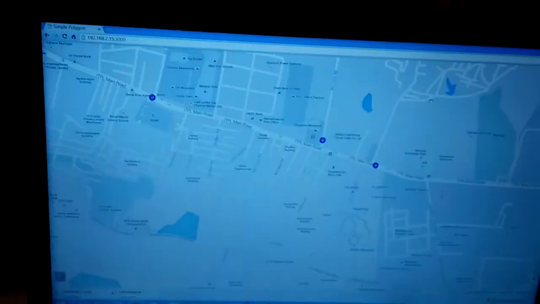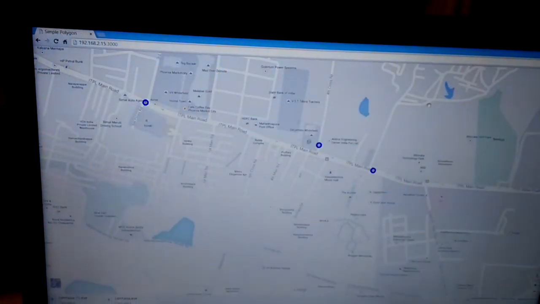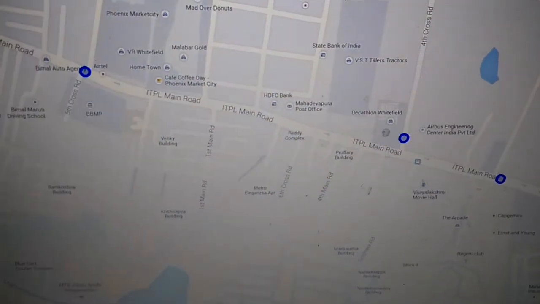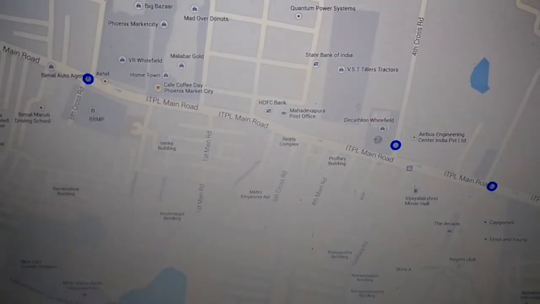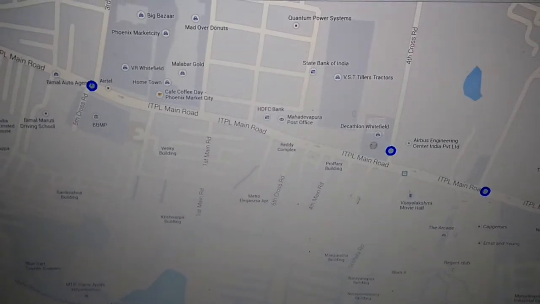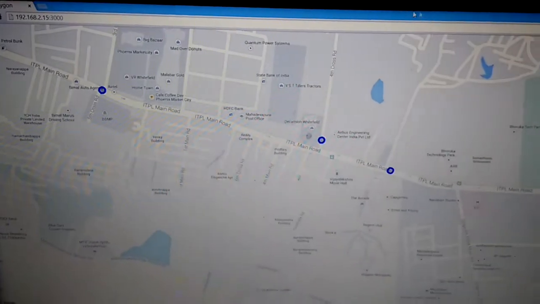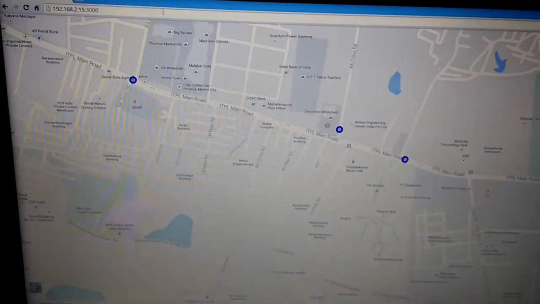Now I will take you through the next part, where we will show it on Google Maps, how the road quality looks. This is how the application looks, which is in a public domain and can be accessed by anybody. It provides uniform access to everyone to see how the road is maintained for a particular area. You can see that this application is running on the board itself, on the Edison board.